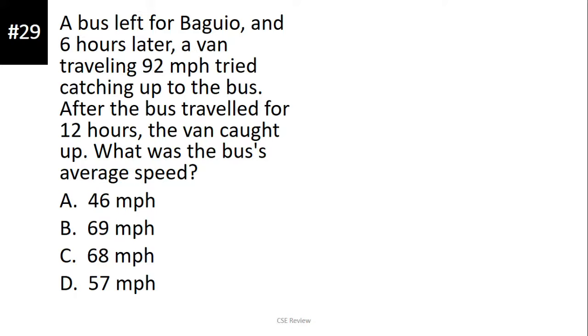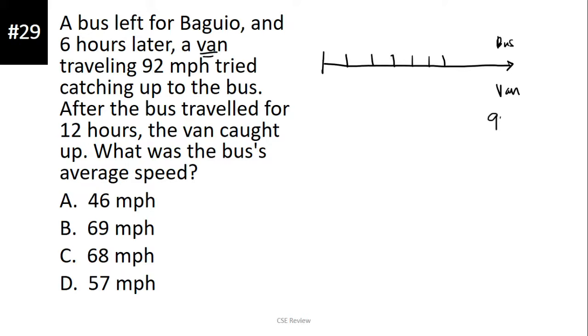Naghahabulan yung dalawang sasakyan, di ba? Kung tatagalugin natin. Umalis yung bus, humabol yung van. So, ibig sabihin, they are moving in the same direction. Same direction siya. So, you have the bus, and then you have the van. Ngayon, yung bus, naka-6 na oras na siya. So, ang oras sa akin is the gitling, itong gap. So, first hour, second, third, 4, 5, 6. So, naka-6 na oras na yung bus. Tapos, nagsimulang bumiyahe yung van.